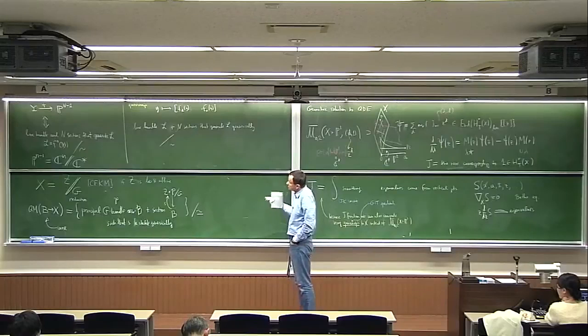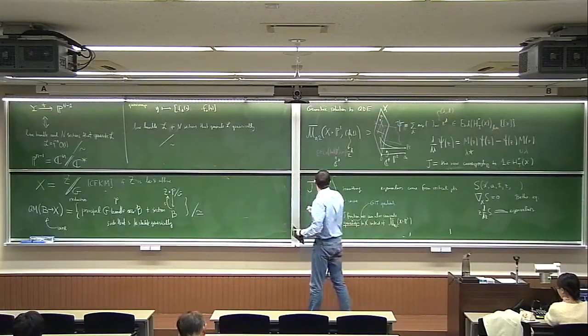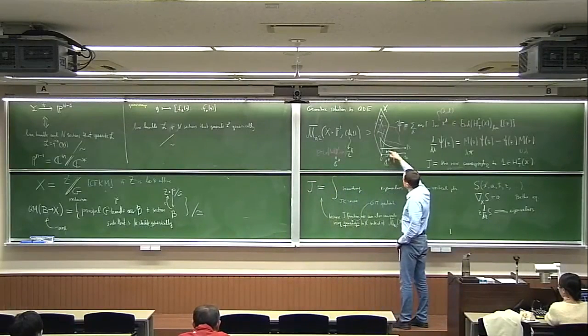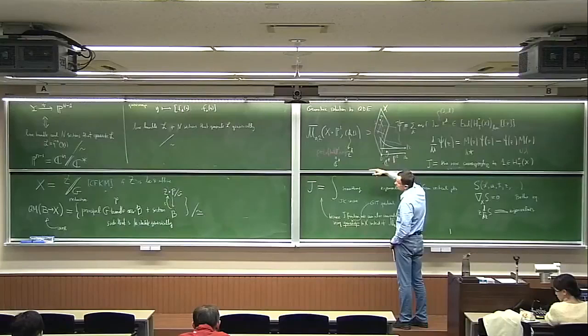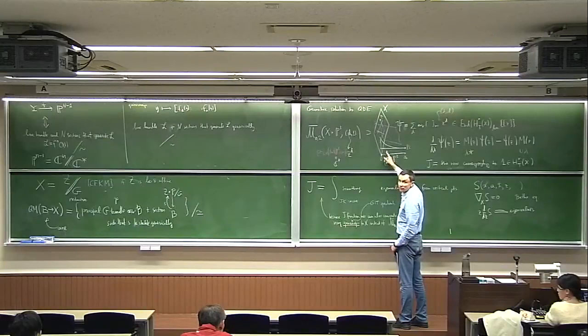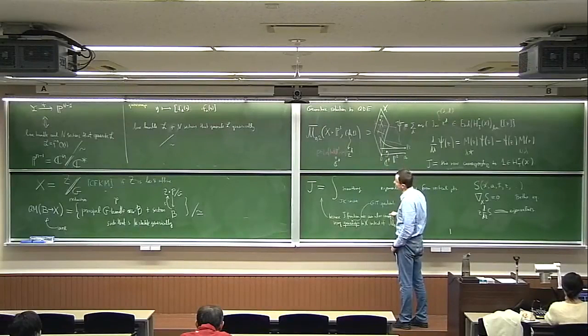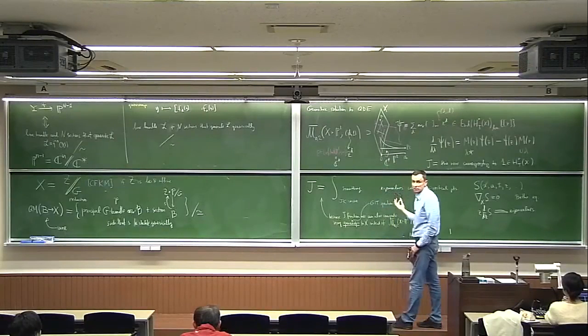And once you're in the quasi-map world, then if your domain is P1 and you look at the loci fixed under this C star action that fixes 0 and infinity,